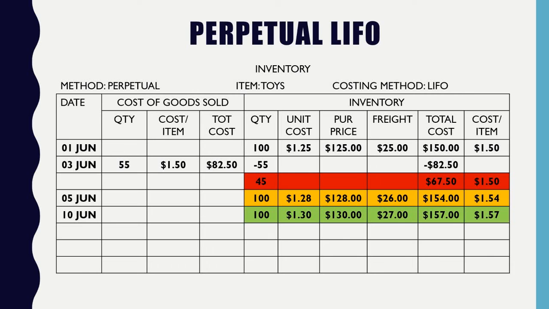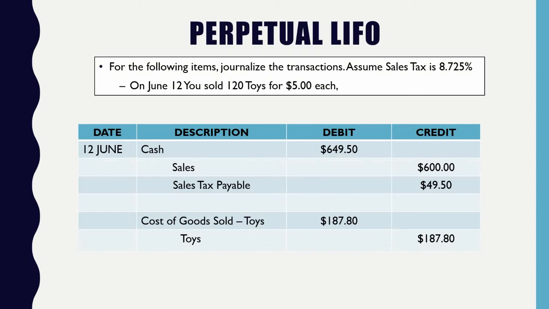Okay. So now I have a total of these 3 batches available to sell, right? I got my first batch here, which has a remainder of 45 units. We just made 2 purchases of inventory, one for 100 at $1.54, and then I have another 100 batch for $1.57, okay? So now it says here that we end up selling on June 12th